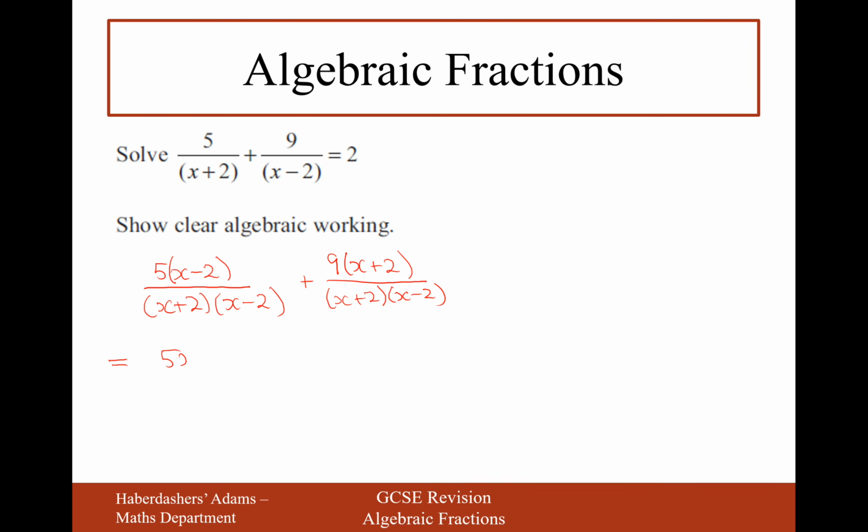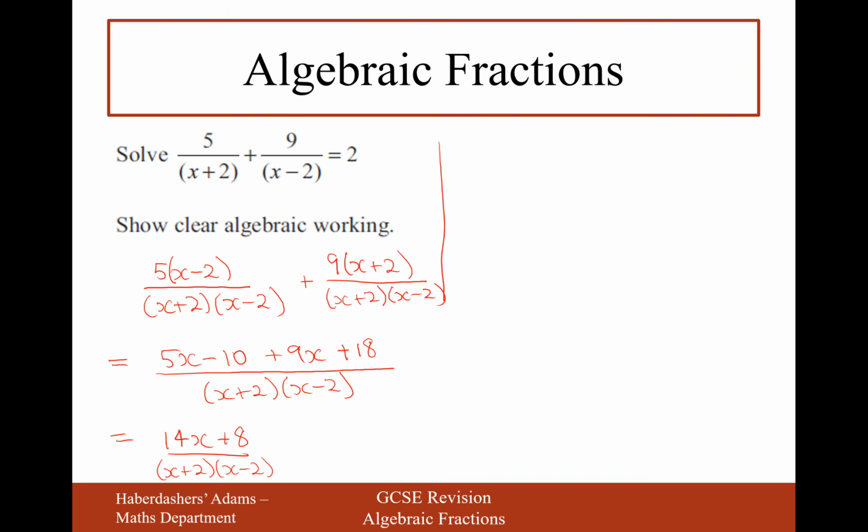Let's expand the brackets now. 5x minus 10 plus 9x plus 18. And that's now going to be over (x plus 2)(x minus 2). Okay, let's now put this together. It's going to be 14x plus 8 over (x plus 2)(x minus 2). Okay, so now let's set this fraction equal to 2. So it's going to be 14x plus 8 over (x plus 2)(x minus 2)